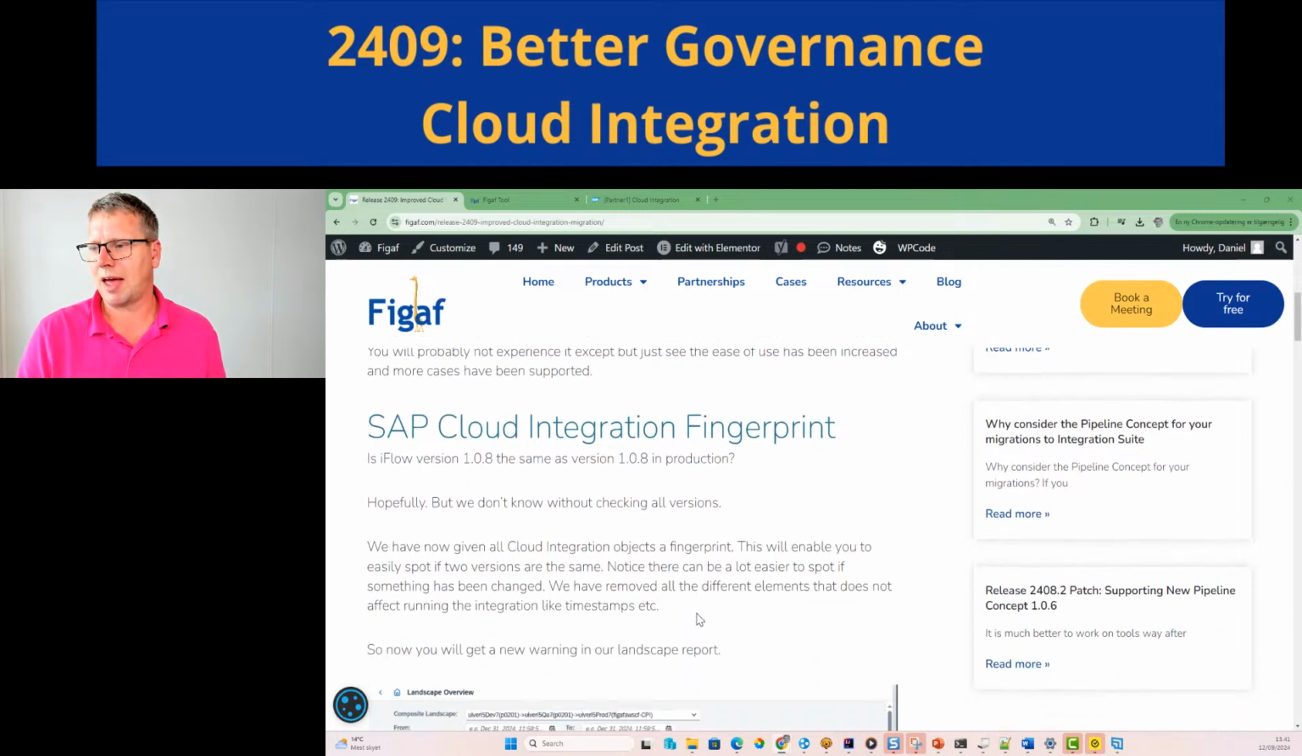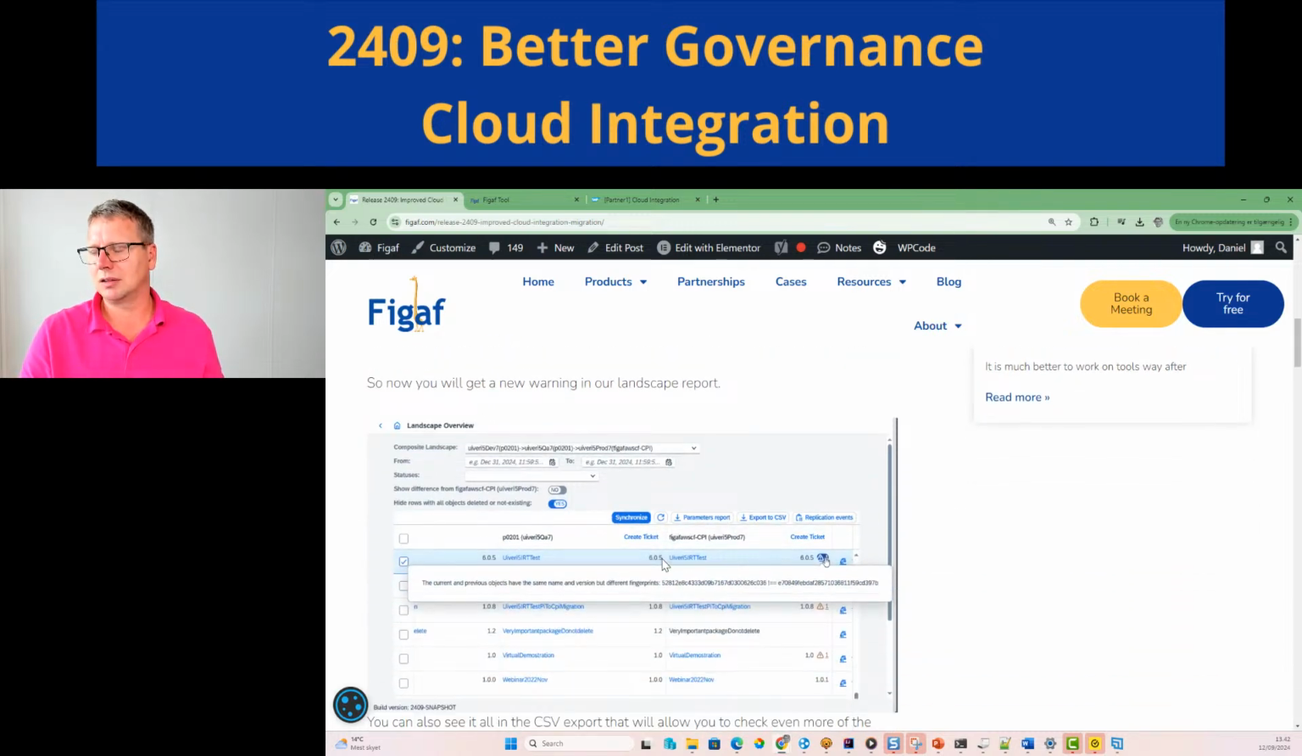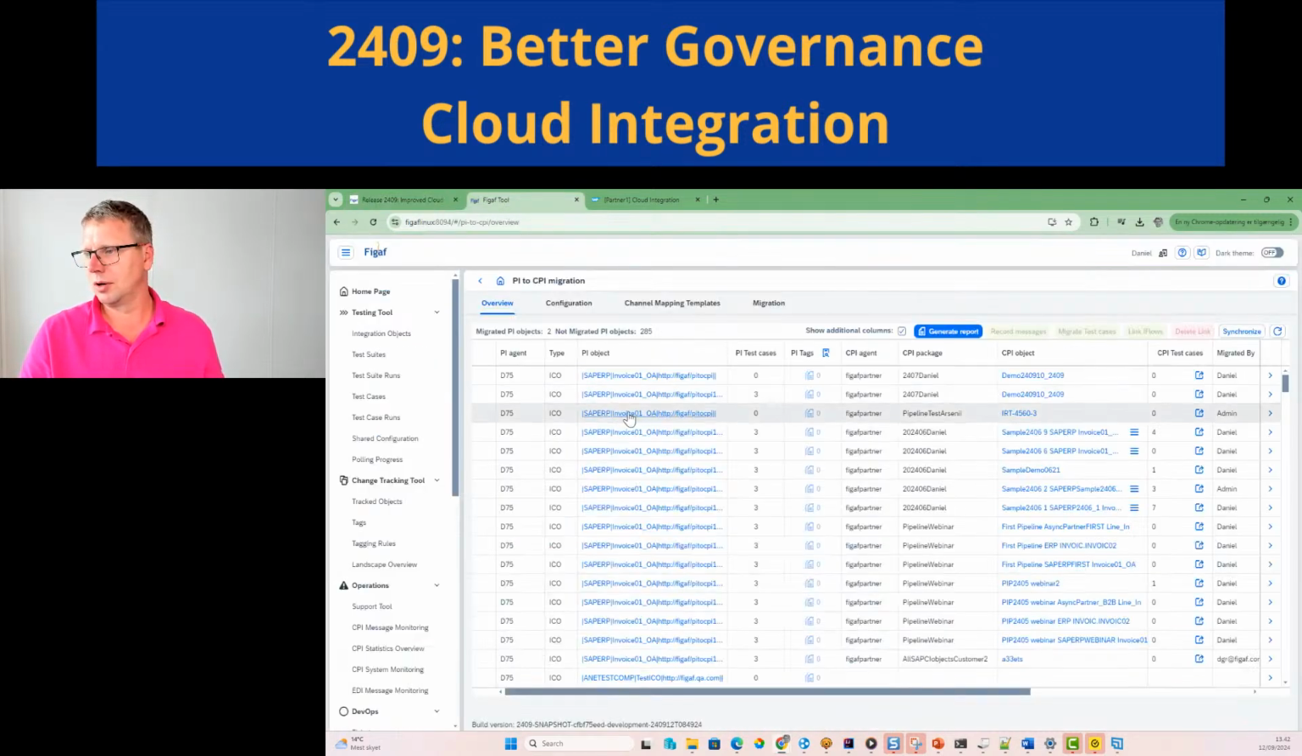One of the things we have added is this fingerprinting option. The idea is that you can have iflows with the same version number, because a developer has been moving to a version, then rolling back and making a change, and that makes it really difficult to understand which version you have and whether it is the same one you have in production. So one of the things we added was that we calculate a fingerprint on this. If you go here to the tool,